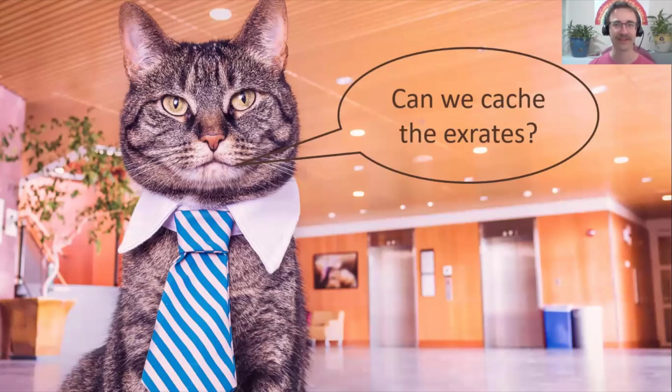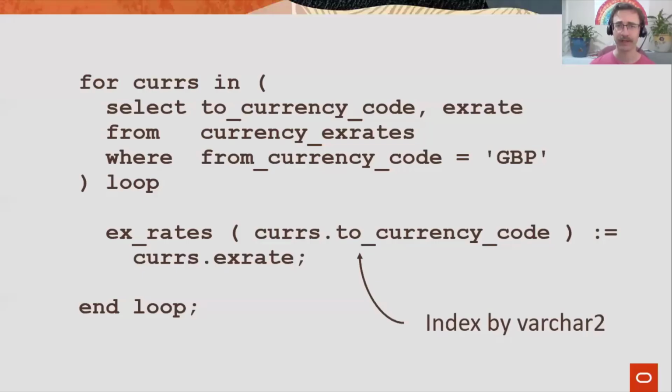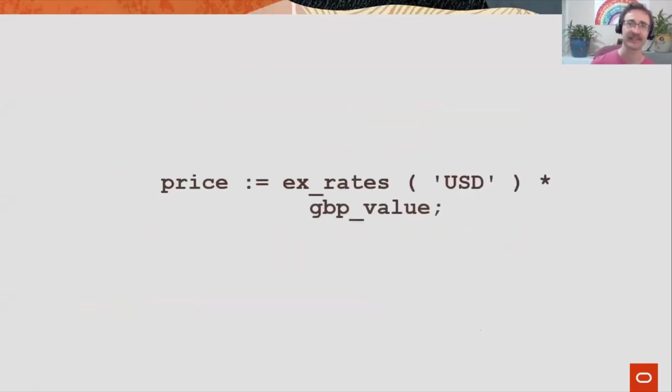We can get a lot of benefit from just caching things in a PL/SQL table. So we can load those exchange rates up into a table indexed by the currency, so we can use the currency to get the exchange rate. And we can load it up with a query a bit like this. We're looping through the exchange rates once a day. We load this up at the start of the batch process, and we can get the current exchange rates. Pretty straightforward, and then we can access particular exchange rates just by indexing by varchar2. So we've made the currency we're converting to the index for this collection,